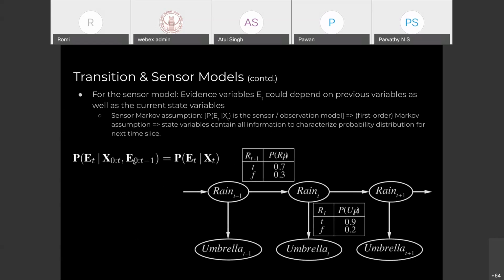Sorry, they should be doing that. But for a first order Markov process, we just look at the state. Ideally, there should be an arrow over here as well as something that comes in from the previous evidences. That is the ideal equation, but just for representational purposes of a first order Markov assumption,